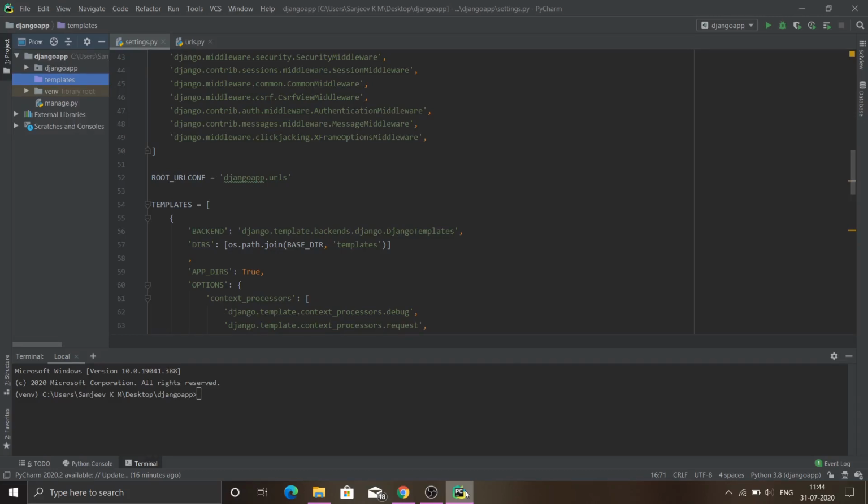In this tutorial, we will be creating our first application and we will also be creating a model in that application. As I said in the previous video, a project can be divided based on applications. So in this tutorial, we are going to create a blog application which is going to contain two applications within it. The first application is for handling post logic and the second application is to handle user logic. That being said, let's get started.